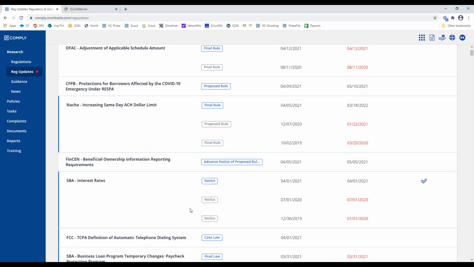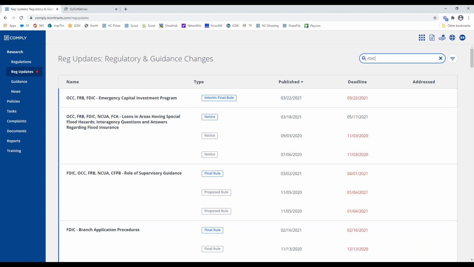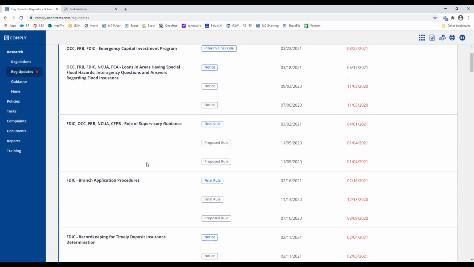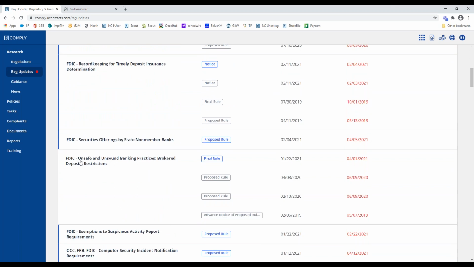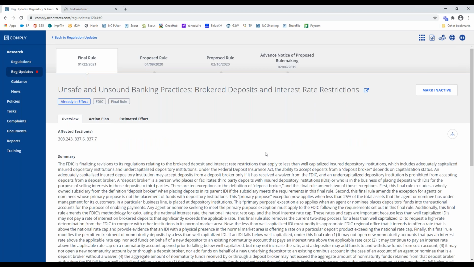Now, our reg updates are tracked and added to Ncomply by our regulatory compliance experts every business day. They will automatically appear within your database the next business day if the regulation applies to your financial institution. So I'm just going to come up here to the top and search. Let's say I want to search by the FDIC. When I do that, that filters this list down. And let's just say I want to look at unsafe and unsound banking practices. Now, when I click into that,